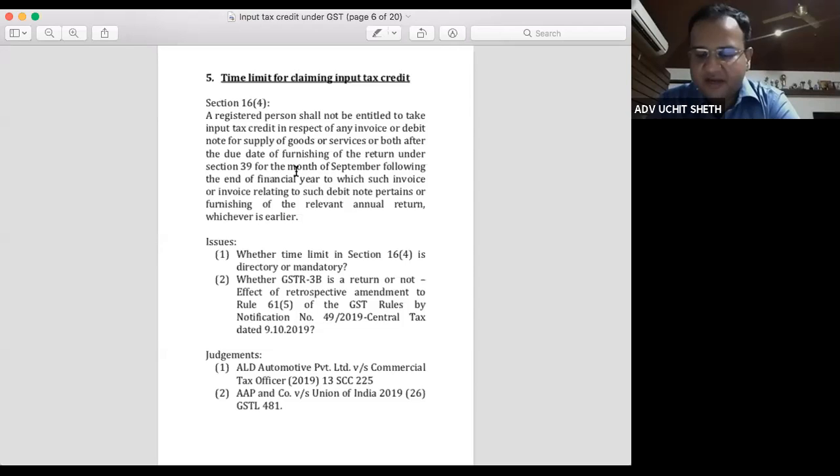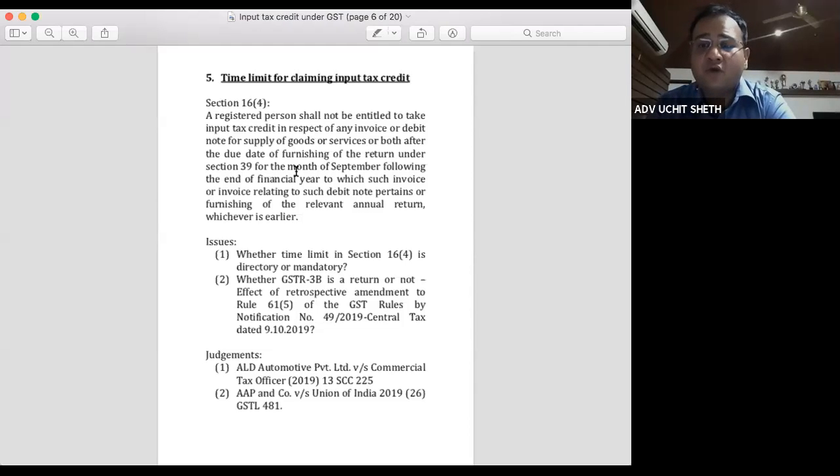Another difficulty or another problem which I foresee with this provision is in genuine cases where, suppose I had claimed an exemption. Suppose I am manufacturing only one commodity and I believe that commodity is exempt from tax. Because it is exempt from tax, I do not claim input tax credit in respect of the inputs or input services. In adjudication, after say 2 years, the authority comes to a conclusion that no, these are not exempt goods, these are taxable goods.